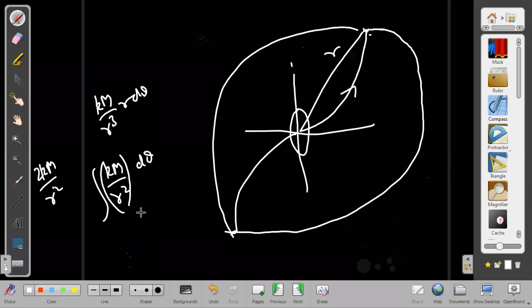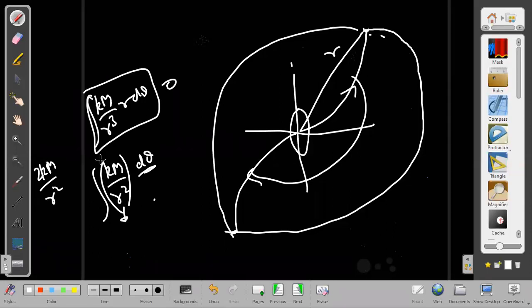So we know that d theta, and the total angle turned from here to here, is finite. And this term is infinitesimal. Infinitesimal means negligible because it is a 1 upon r square term here, and this angle turned is finite only. So what do you think it will give us after taking the line integral? It will be giving us 0 only.